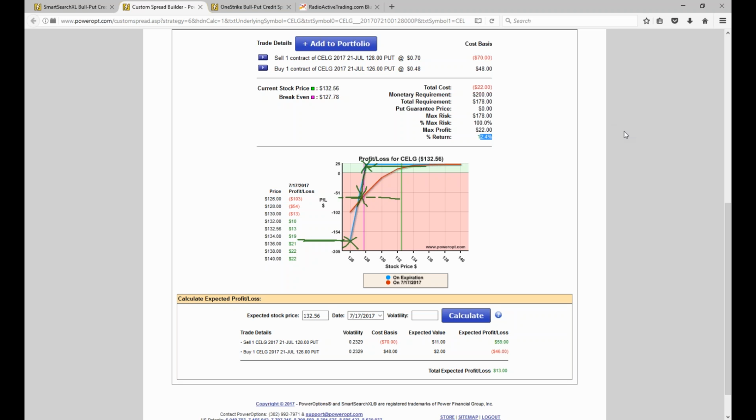Okay, now there's an argument, and it's not an argument, it's a point of fact, and you're right. The point of fact that was brought up by Tim is that you could do the same thing with a 1-point spread if it offers 50-cent strikes. You are 100% correct. I don't have to roll to the 127. I could roll to the 127.50 if it's available. So why not do the 128 and the 127 that only has a 1-point risk or 90-cent risk here, as opposed to doing this that has a